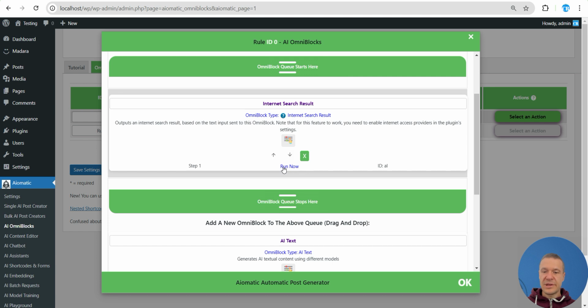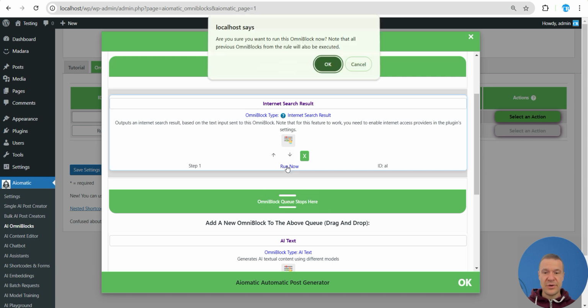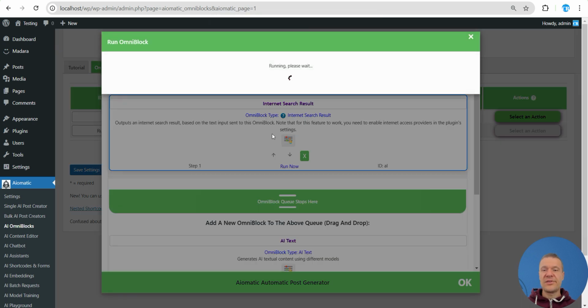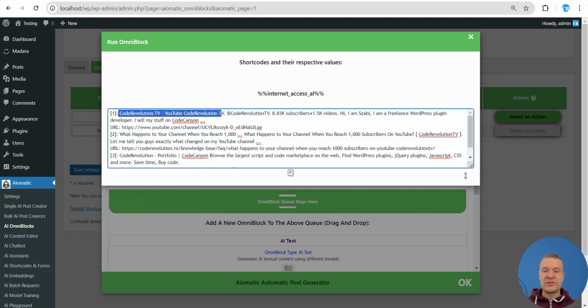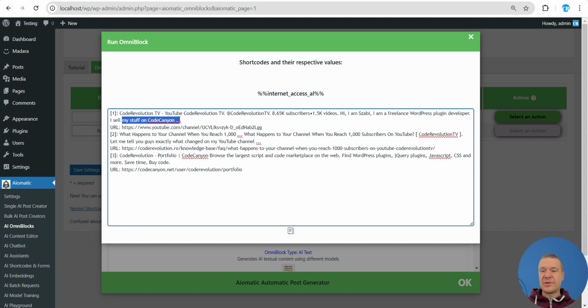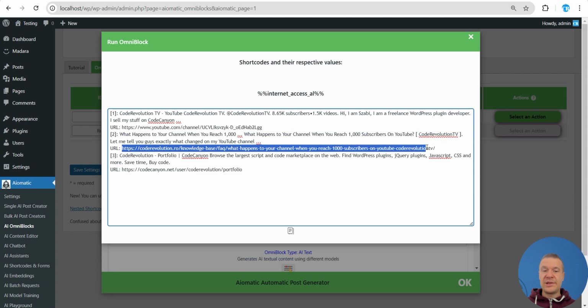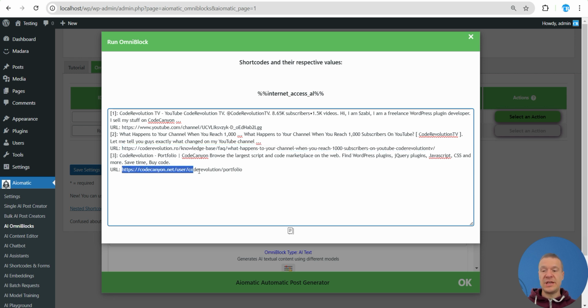and let's save this OmniBlock rule and click configure again, and now a button appeared which will allow us to run this OmniBlock manually. So if we click this, the OmniBlock will be executed. Here it is, the Bing SERP results found these search results, the title, description, the snippet, and also the URL is provided. This will be fed actually into the AI writer